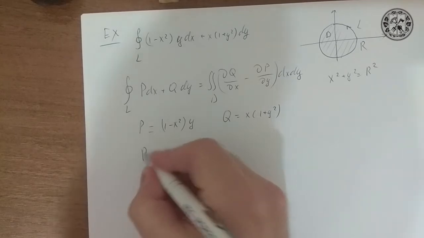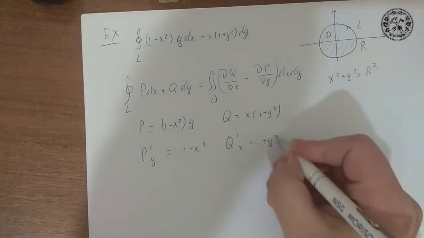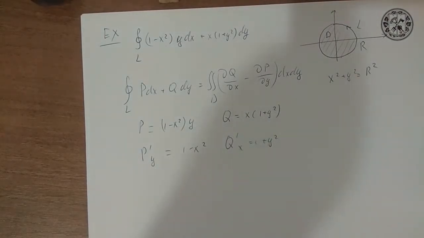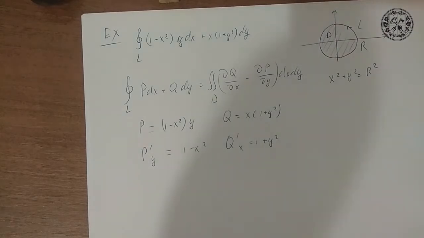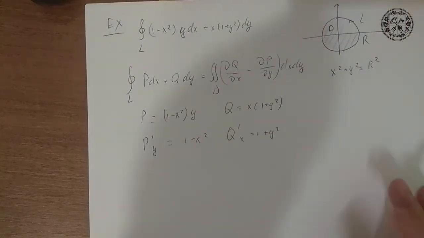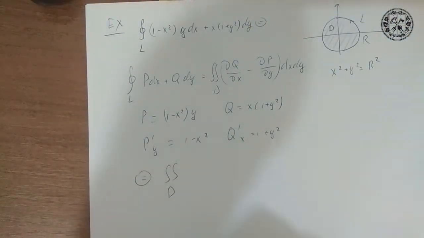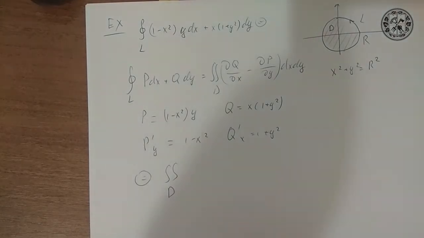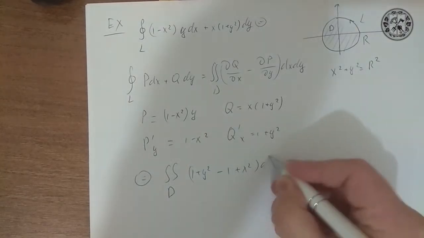Okay, derivative p by y is 1 minus x squared, derivative q by x is 1 plus y squared. The p and q derivatives are continuous inside region D, and this L is a smooth curve, so we can apply Green's formula. Let's apply it. We'll get a double integral over region D, and here we will get derivative of q by x, 1 plus y squared, minus derivative of p by y, minus 1 plus x squared, dx dy,